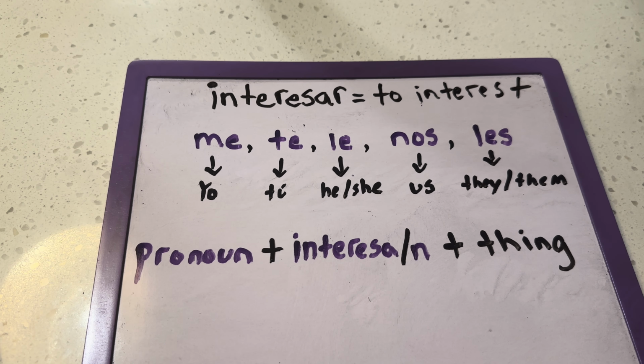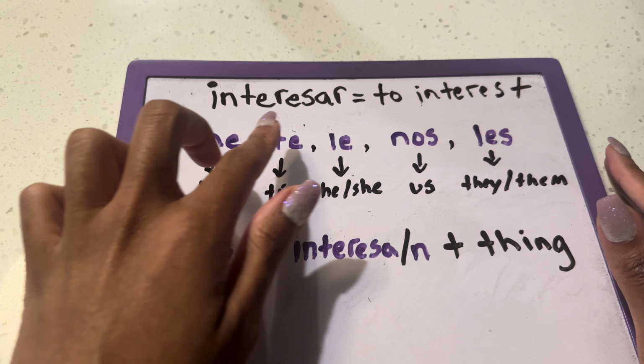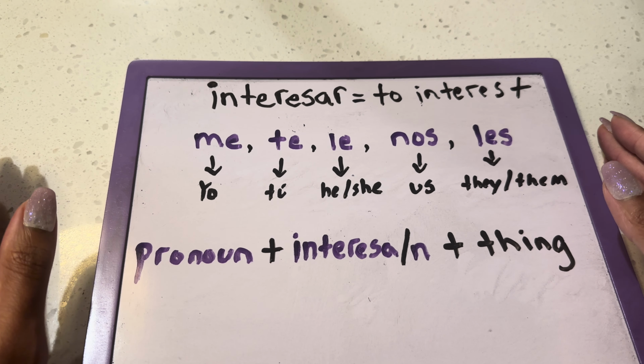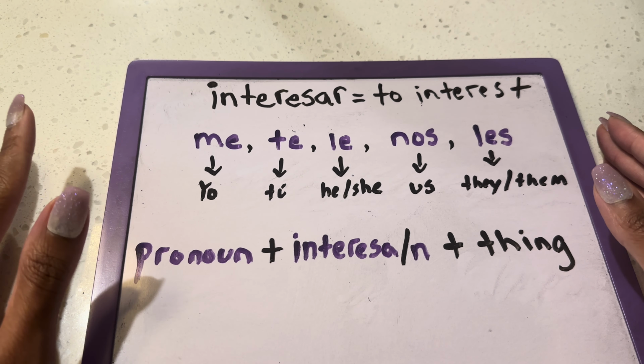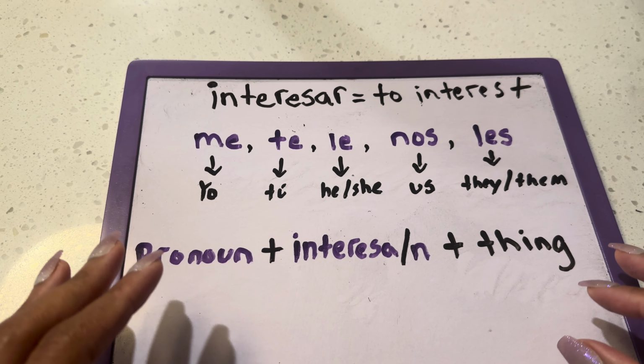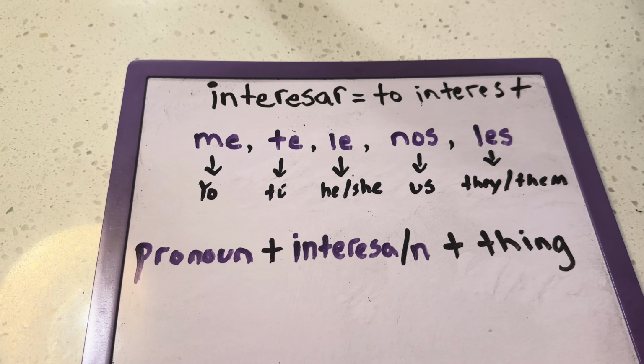Okay, so in today's video, we are covering a verb that is similar to one that we just did in a prior video about gustar. So this one is interesar, which is to interest. And if you saw the last video, if not, it's okay, you can go back and watch it. But if not, you understand that it happens the exact same way. It is set up the same way. It looks the same way. The verb is different, but our setup and how we do sentences is going to be the exact same as gustar,